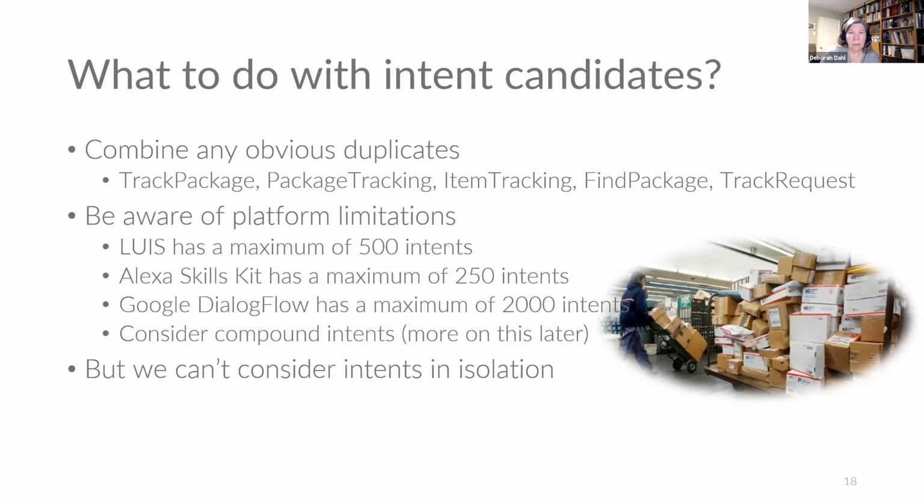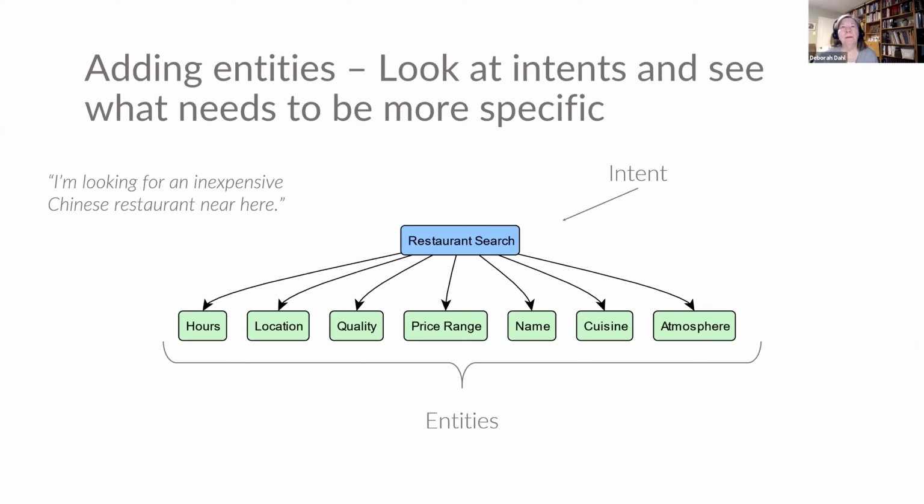So that's intents. We can't consider intents in isolation, because we also have our companion information in the form of entities. So how do we find entities? The first thing you want to do, you have some intents. Let's say you look at intents and see what needs to be more specific. So here's an example of an intent that you might have in a local business search application. You're looking for a restaurant, and we have all this additional information